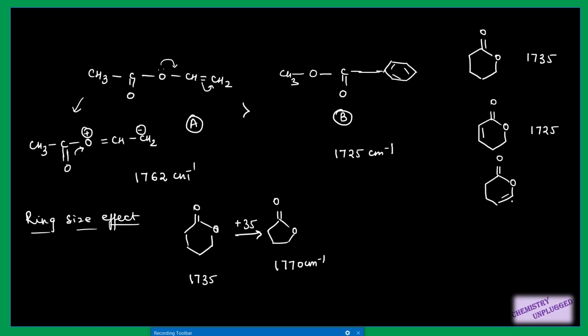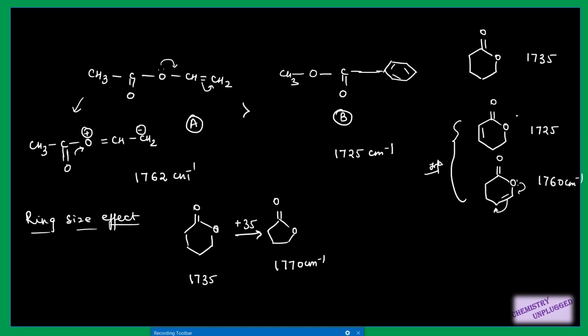Then this time we have this double bond next to this oxygen. So the conjugation with this, or you can say resonance with this oxygen, will make this oxygen more electropositive in nature, which can easily pull electron density towards it and make this CO stronger in nature. That is why its vibrational frequency will be highest. It is close to 1760 centimeter inverse, right? So these two examples are very important. You have to be careful about the location of the double bond.